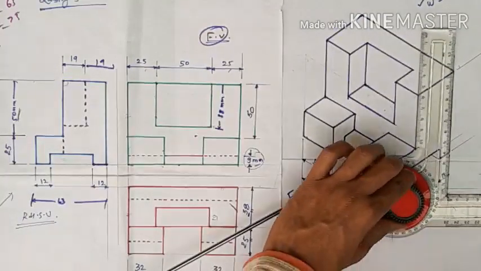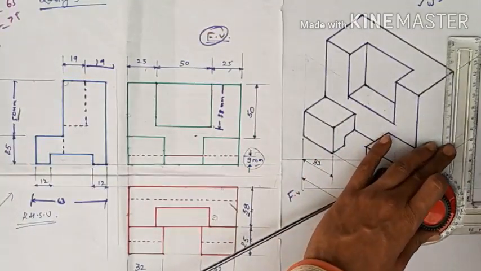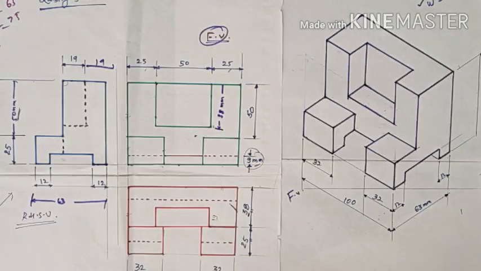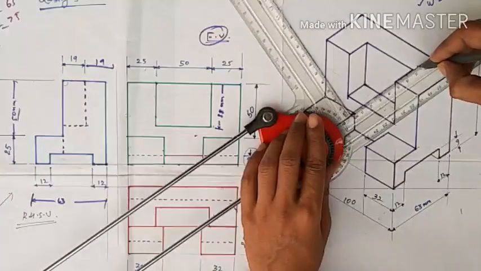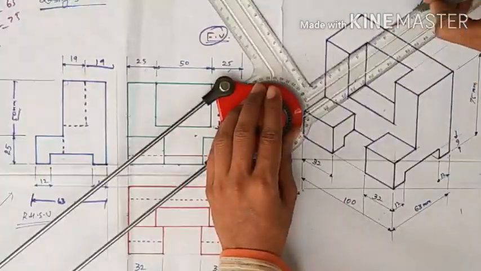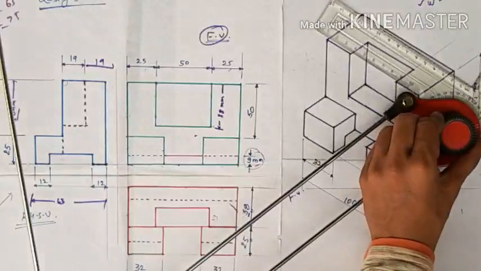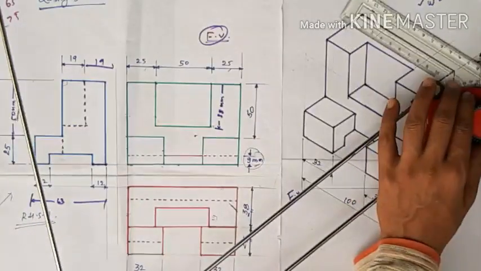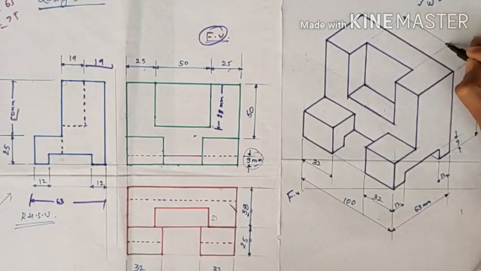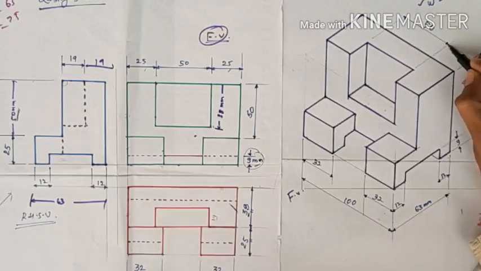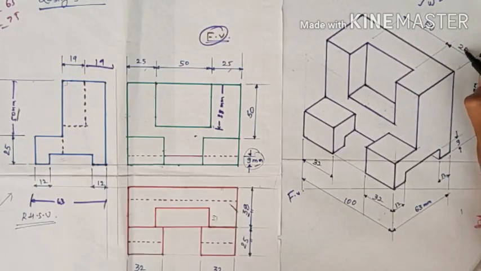Firstly we show the maximum value of the height. This was your 75 mm long line, and this dimension is 9 mm. Now from the upper side we make a dimension: make an extension line, again this extension line, and draw it parallel to it. Making a dimension, that is 25 mm. From the middle it was 50 mm, and this is your 25 mm.